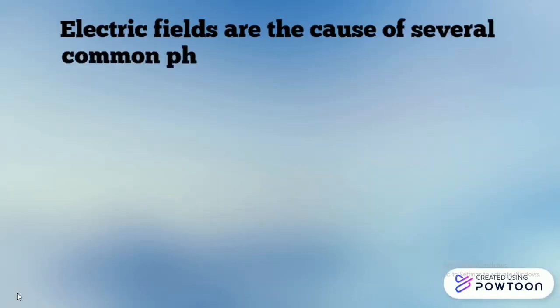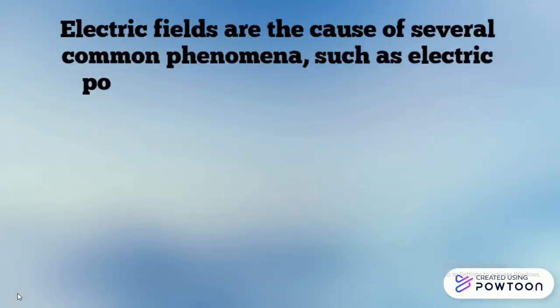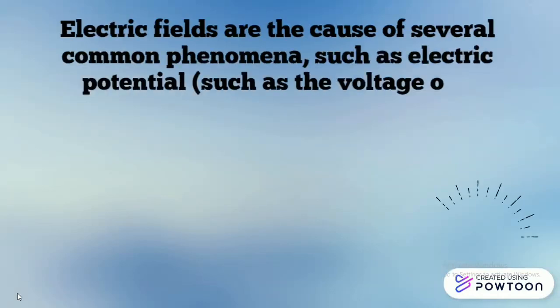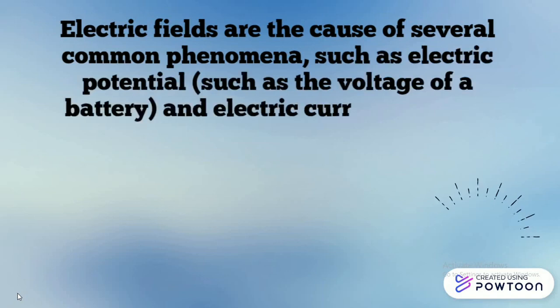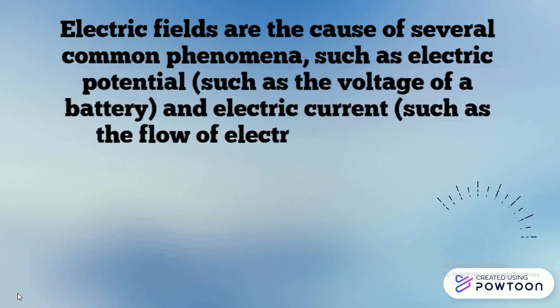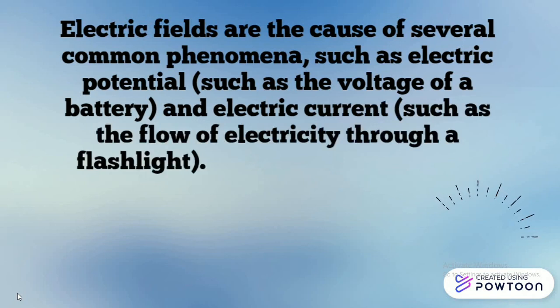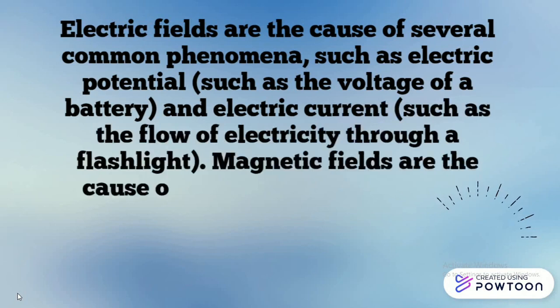Next, we will see that electric fields are the cause of several common phenomena, such as electric potential, such as the voltage of a battery, and electric current, such as the flow of current through a flashlight. Magnetic fields are the cause of